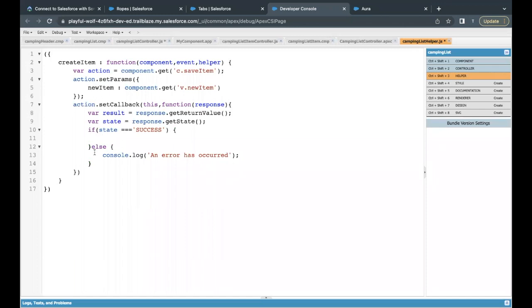So here you can put the toast as well, as I mentioned just a few minutes back. Now once I get the state as success, everything is working fine on the Apex side, and I have successfully received my data or the values from my Apex class. Now what I'm going to do is set the newly entered data into the existing data attribute. So for that, what we have to do is